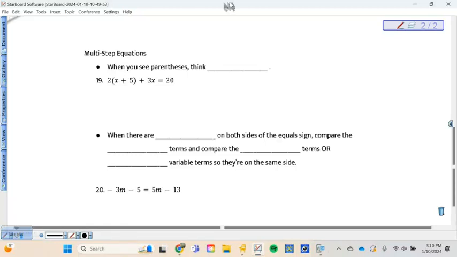Paper? Yeah, and the twos. I don't have one on both sides, but